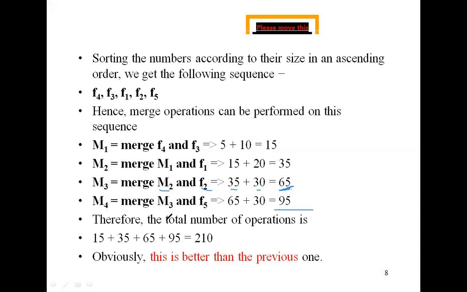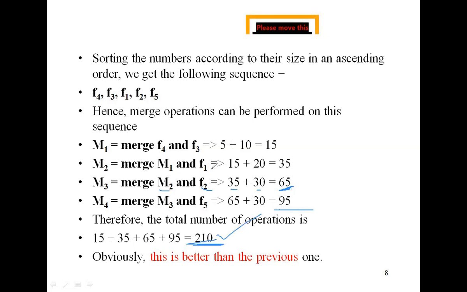Therefore, the total number of operations is 15 moves of records, 35 moves, 65 moves, and 95 moves. Now you can total them. You will get 210. Just observe this value, 210.